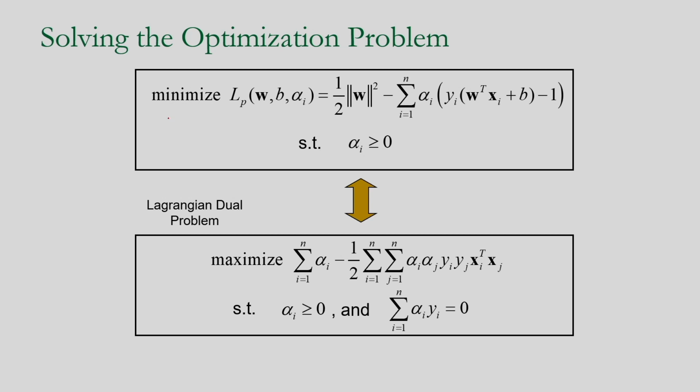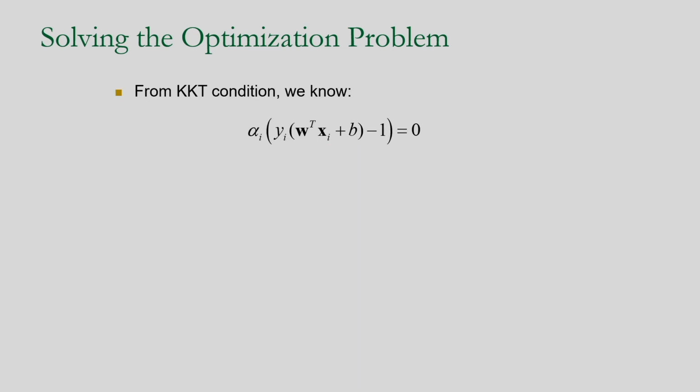And this is nothing but the Lagrangian dual problem. That means, because my objective is to minimize this function, the Lagrangian function, subject to the condition, this condition is important, that is equivalent to maximizing this, subject to these two conditions, and this is called the Lagrangian dual problem. So you see the mathematics, again I am repeating this, how to solve the optimization problem using the Lagrangian function. And now I am considering the KKT condition.